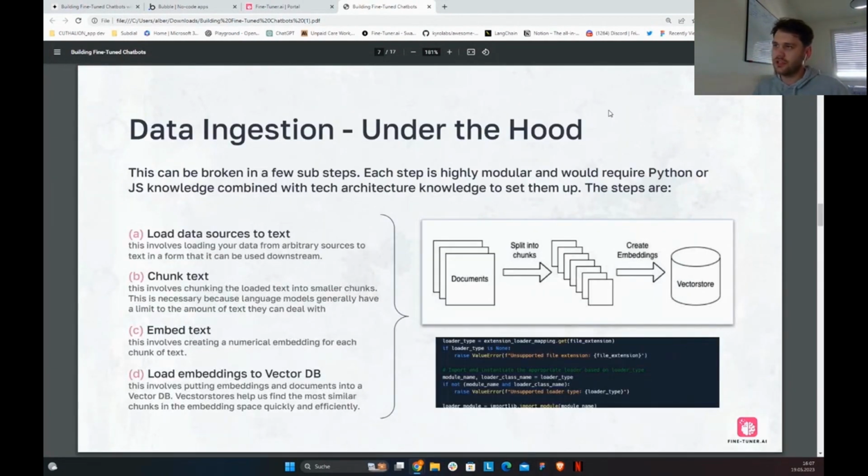But what's happening under the hood? You can see here there are several steps of ingesting the data in a way that it can interact with the language model and generate answers, which also incorporate your custom data. So the first thing,